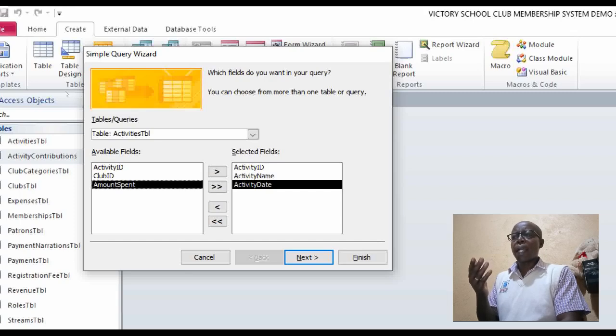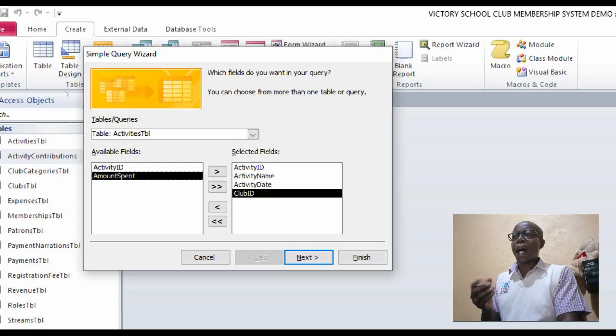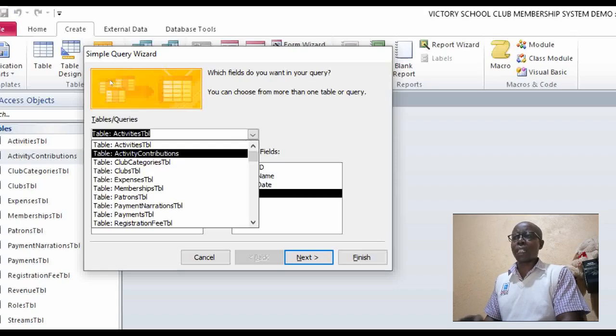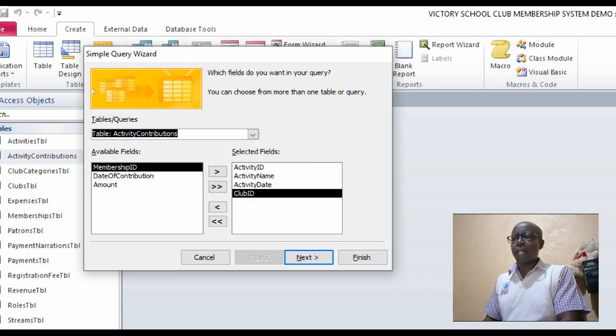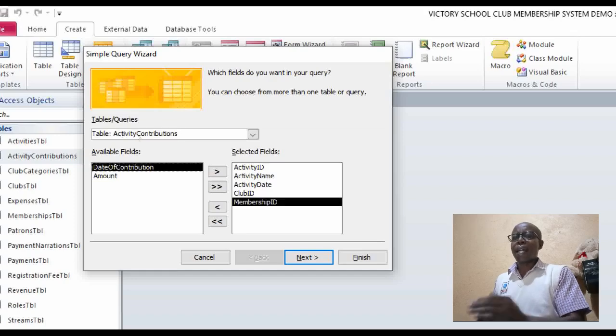Do we need to show the club? May not be very necessary, but in case we do need, we can just pick club ID, and then we go back to our activities contributions table. So membership ID again is another area. I have picked membership ID, but you realize membership ID does not tell us who this person is. Who is this person? For us to get who this person is, we can only answer that if we